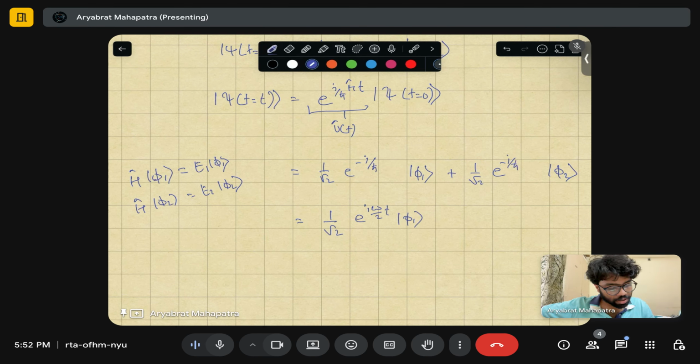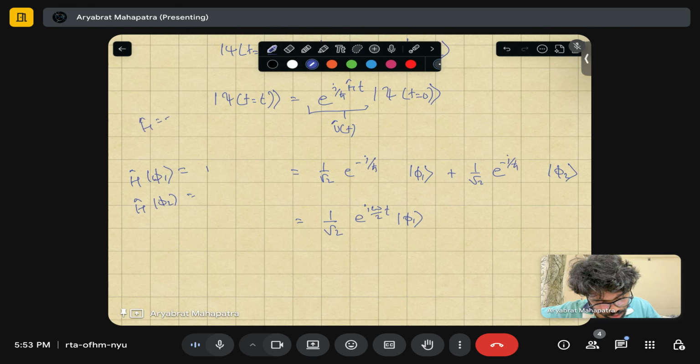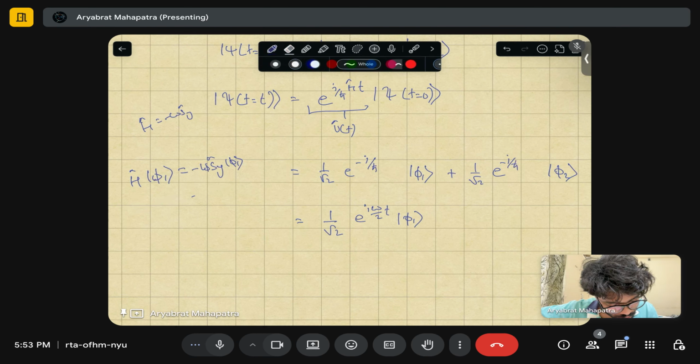I mean this E1, E2. So in the question, H is given as minus omega Sy operator. So that means minus omega Sy operator on phi 1. So this will give minus omega Sy operator, when it acts on phi 1, it will give h bar by 2 phi 1,